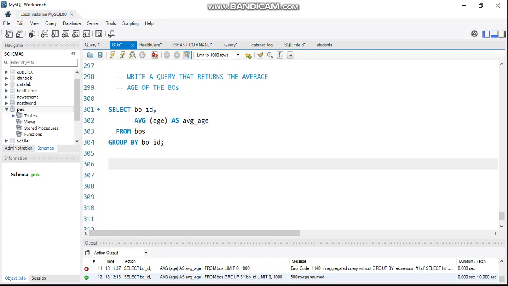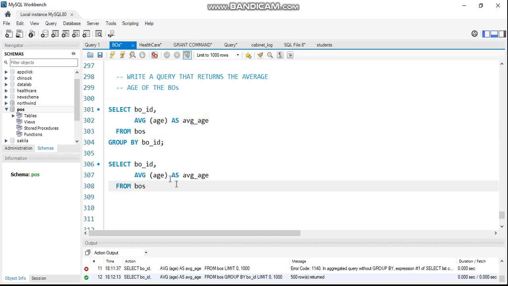Now let's use our OVER. Let me copy this and then paste it here. Now let's have our OVER here. Now when we run this,